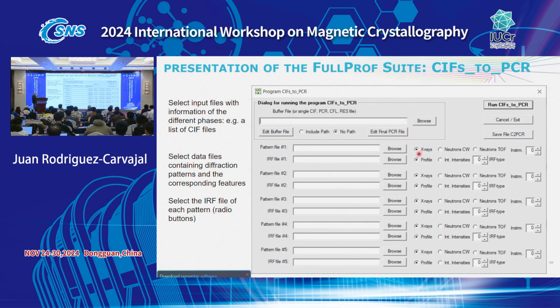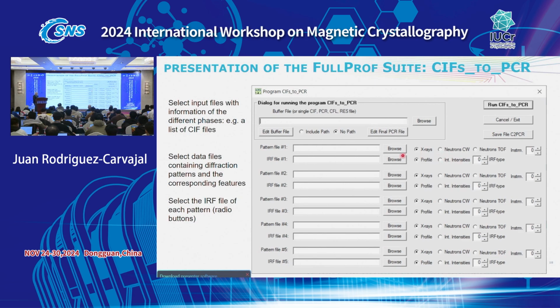Something for working with X-rays. And you see here, you can create up to 5 patterns simultaneously with different kinds of data. For example, X-ray diffraction, neutron constant wavelength, neutron time of flight, profile intensities, or integrated intensities. Then it creates the appropriate format of all these things.